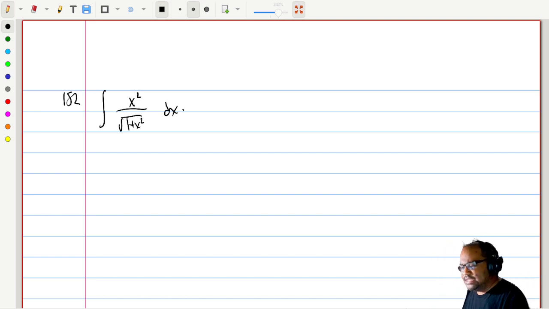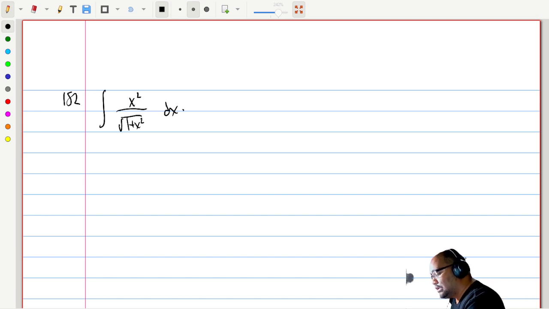So this one I see sums of squares. So I'm actually going to use a tangent sub here. This one's motivated by 1 plus tangent squared equals secant squared. So I'll set